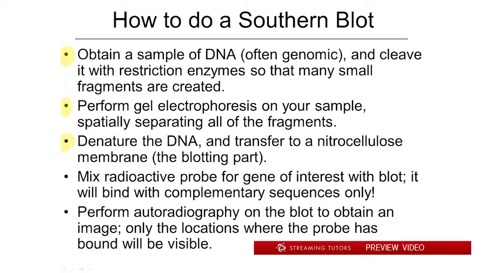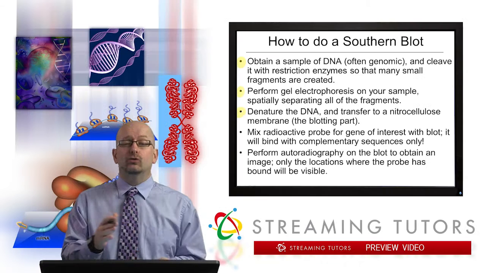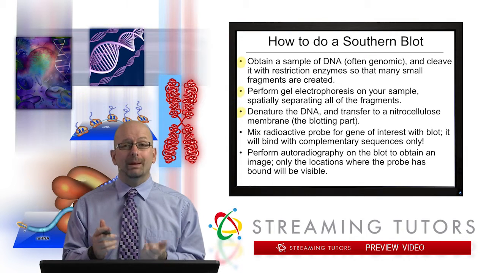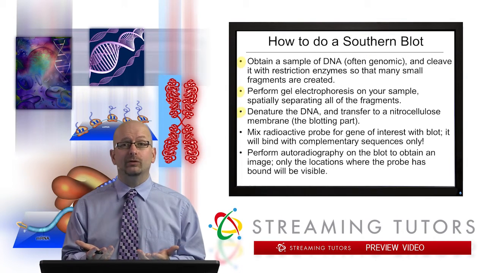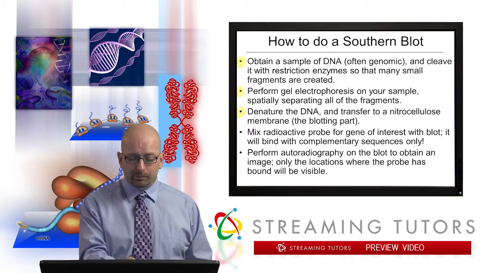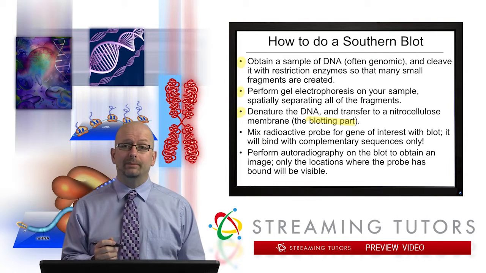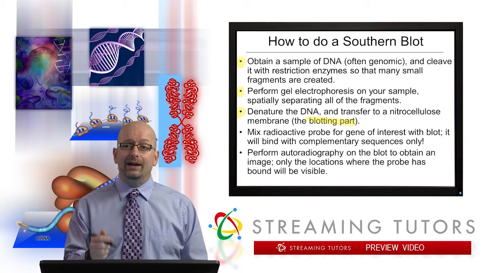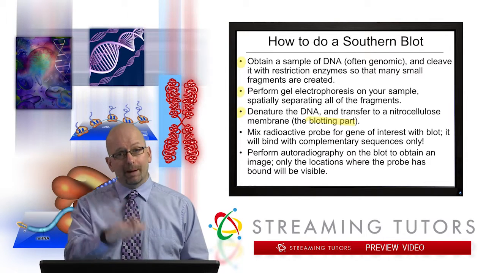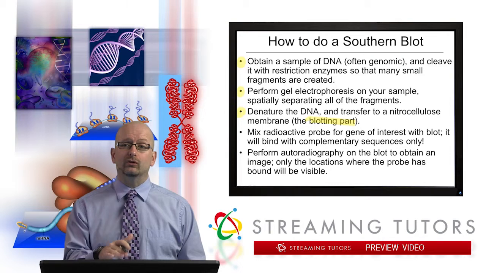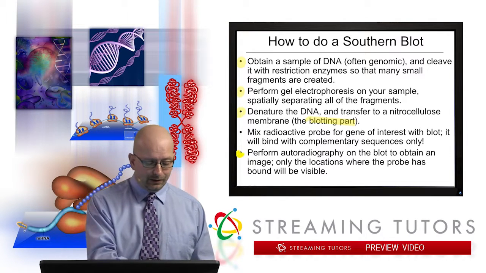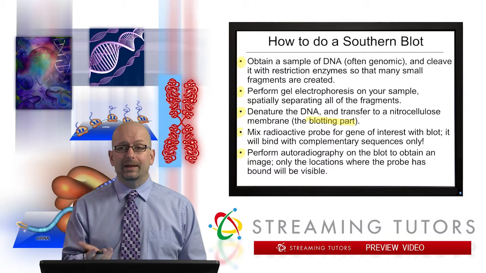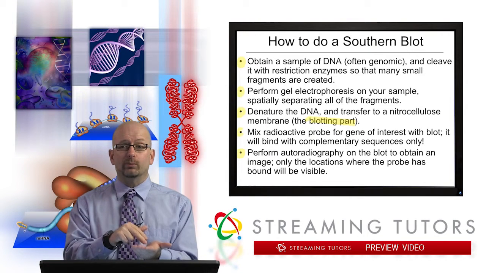We denature that DNA that's been spread out, and transfer it, you've seen this before too, to a nitrocellulose membrane, which is basically a fancy piece of paper, and that's the blotting part of the Southern Blot. Then you have a probe for your gene of interest, and you mix that with the blot, and it will bind to complementary sequences only. Then you'll perform autoradiography on the blot to obtain an image,